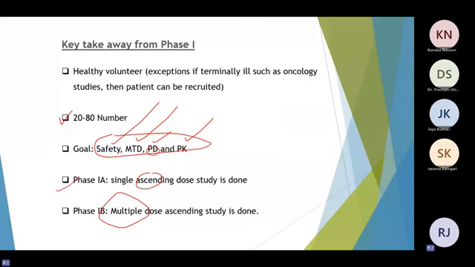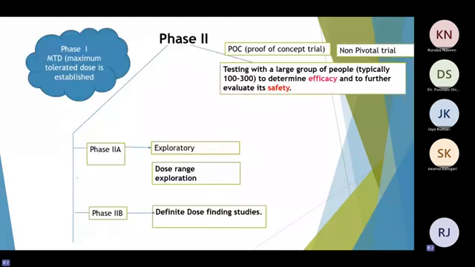Now after phase 1, the drug is moved to phase 2. So what is phase 2? Phase 2 is also called proof of concept, POC. Always remember, okay? And it is also called non-pivotal trial. I'll tell you why we are using these two terms. And the third thing is